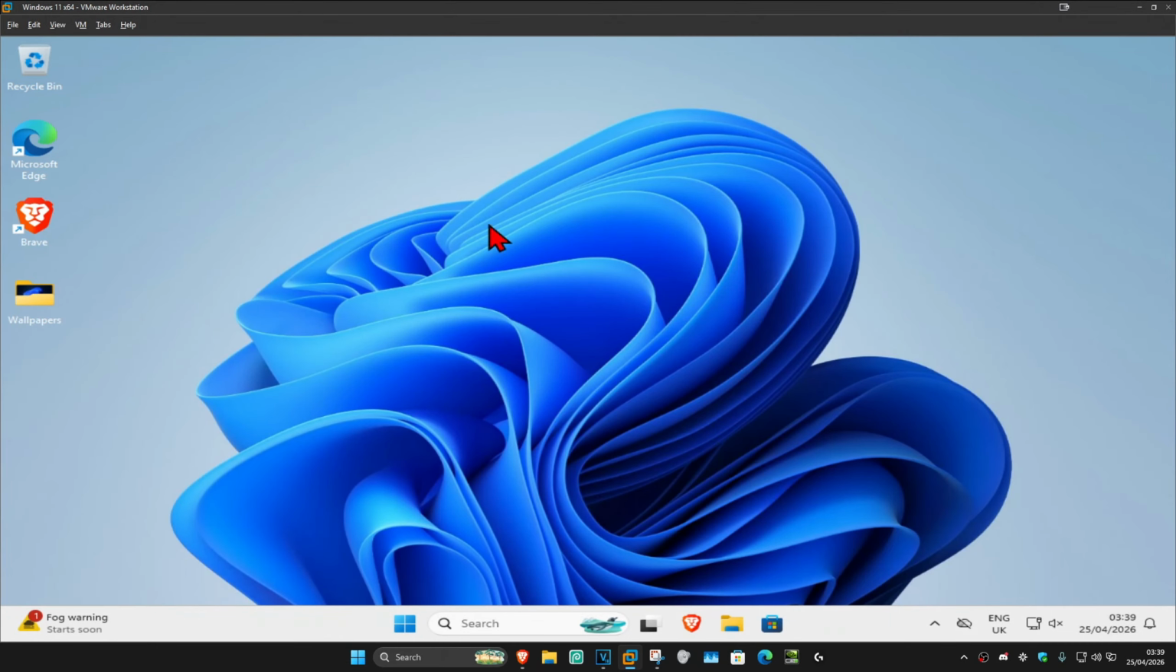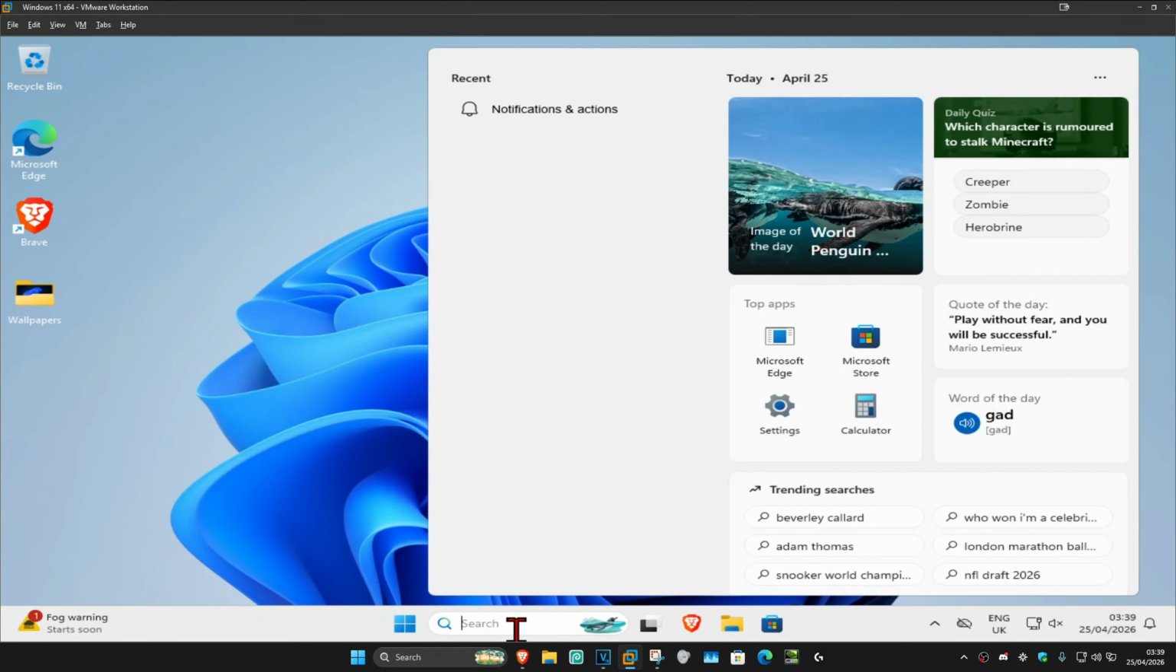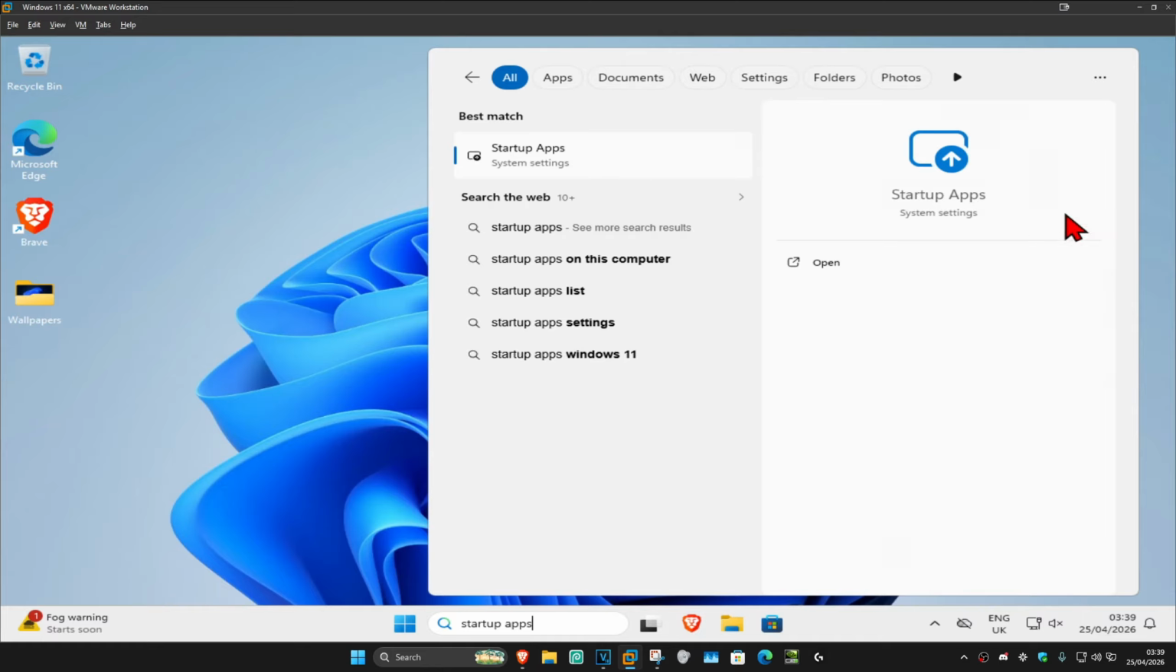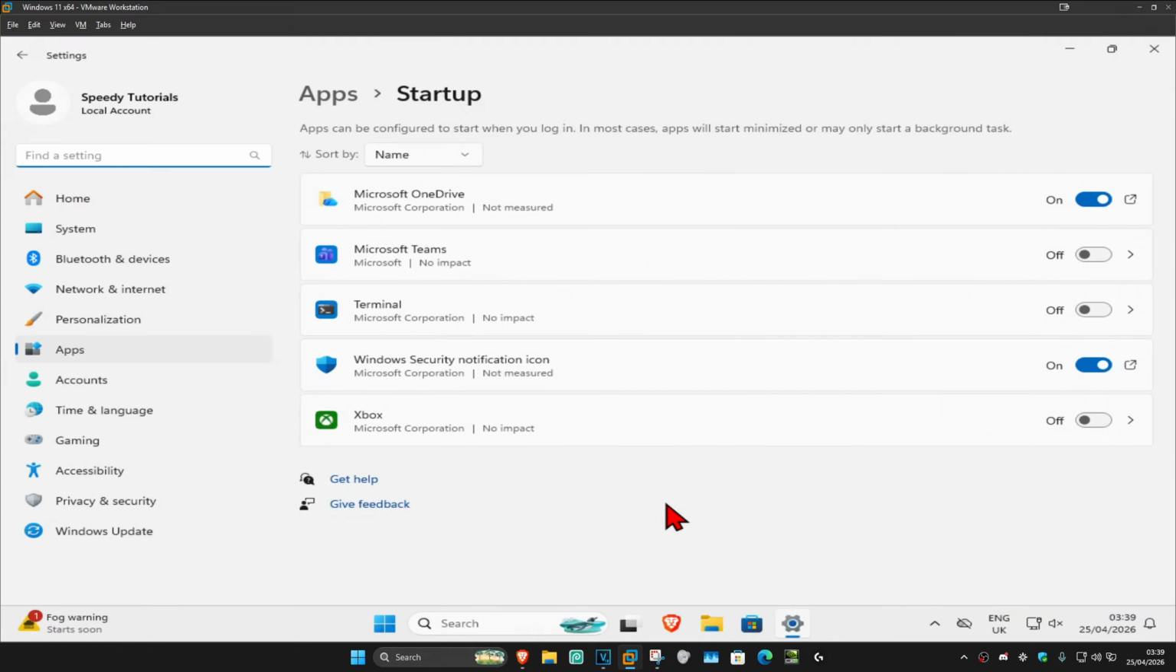So guys, for the first step, you want to go to search and type in startup apps. Click on it. This list will show us all the applications that start automatically once our computer turns on. In my case, when my computer turns on, OneDrive automatically starts up. I don't want it to do this, so I'm going to turn it off. You want to turn off all the applications that you do not want to start automatically once your computer turns